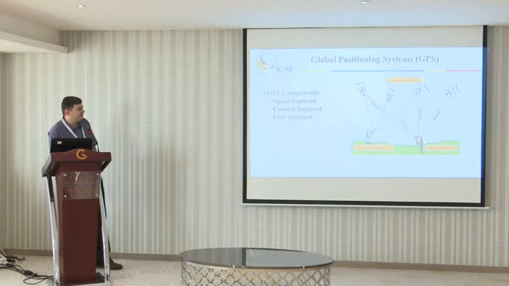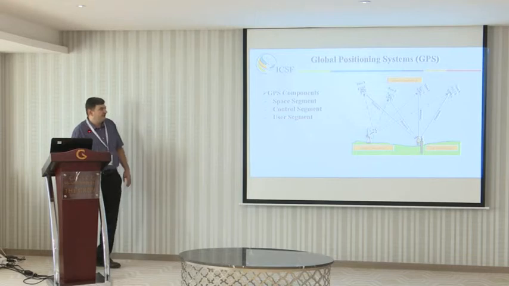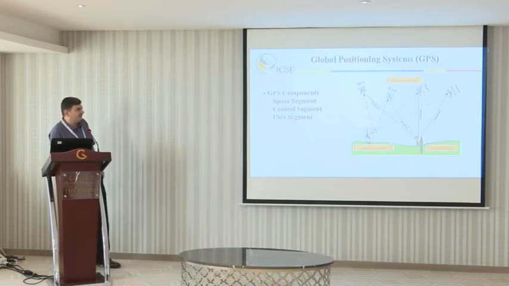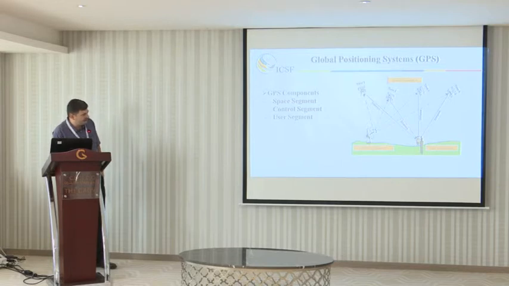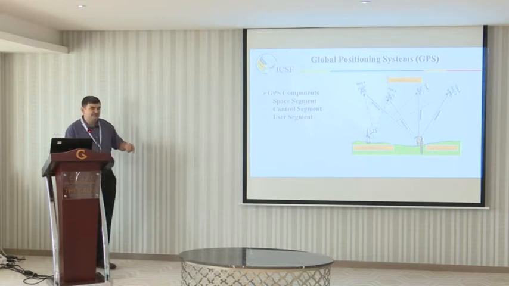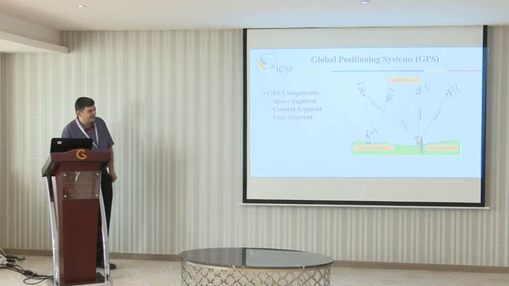These satellites are controlled by the control segment. There are 5 stations around the world. The duty of this segment is to check the performance of the satellites and check if there are any errors in the orbit. Then they produce an error message to be included in the signals. So the user, which is the third one here, will receive the satellite signals and the correction of the signals. The user will process the data to get its location.